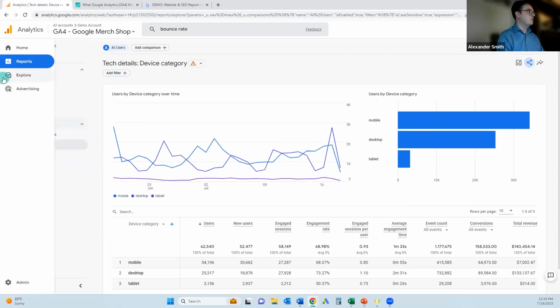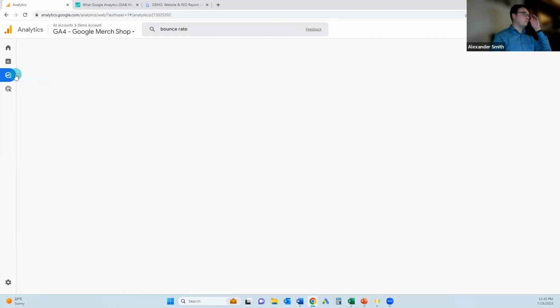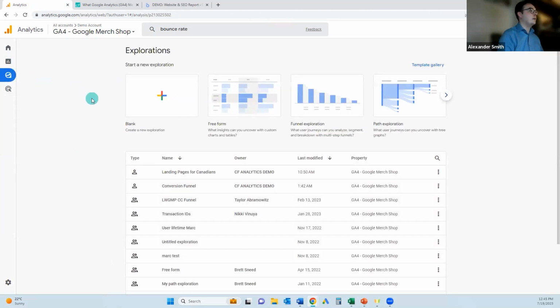So that's it for our reports. I do want to get into explorations for a few minutes. Now, explorations, again, is a new exciting feature in GA4. This is where we can slice and dice our data and really get into more very specific analyses if we'd like. And we see at the top here, it provides a number of different types of reports that we can do,